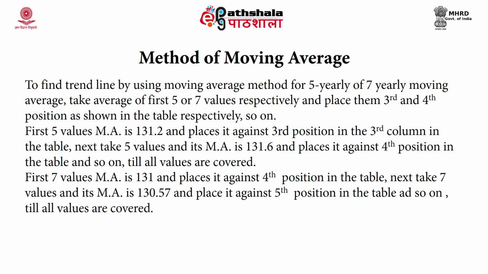From the example, we can see that the values are given in the second column, and in the third column we have the value obtained by taking the sum of 5 observations, and this sum is noted in the third row. Similarly, when we have a 7 period moving average, the first 7 observations' sum is represented in the fourth row, and so on.